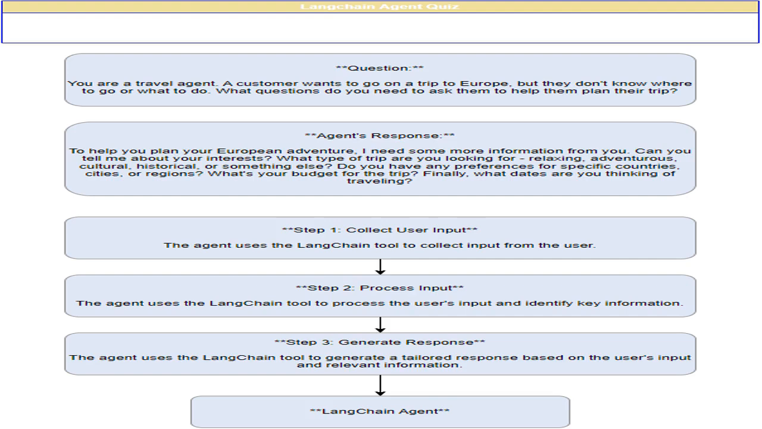The user input collection component is the starting point of the system and interacts with the process user input component. Data flows from the user interface to the process user input component as user input. Process user input. This component analyzes the user's input to extract key information such as interests, trip type, preferred destinations,